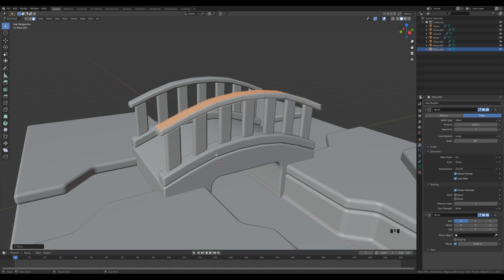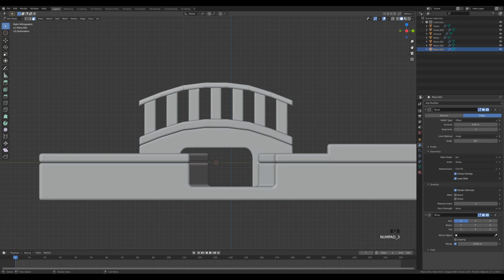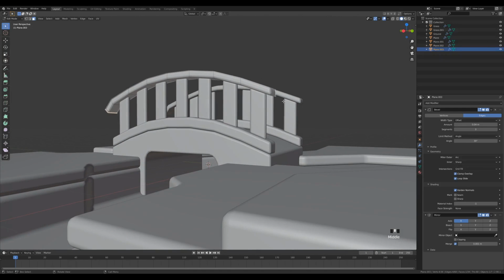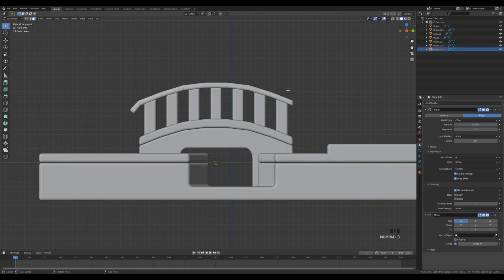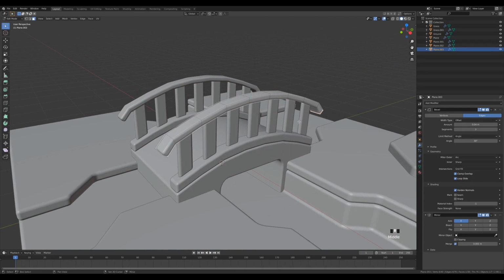And one last thing to do here is a little bit of detail. So let's select this face right here. Let's look from the side there and press Ctrl right click here to extrude this in this angle. And we'll do this on the other side as well. Don't worry about the precision, and Ctrl right here, maybe more shallow like this. It won't really matter. So this is the bridge